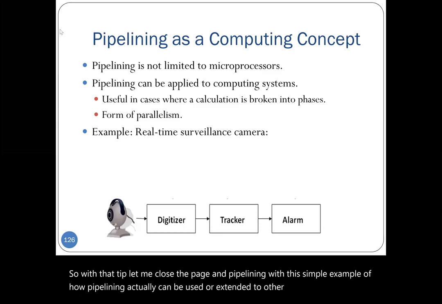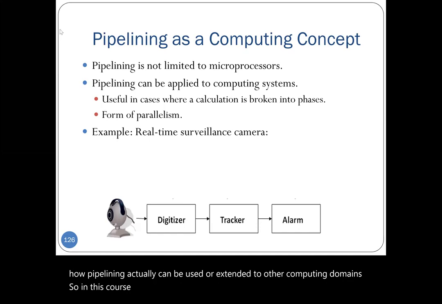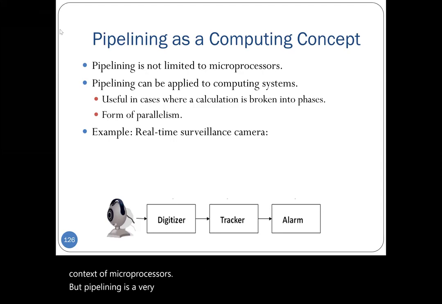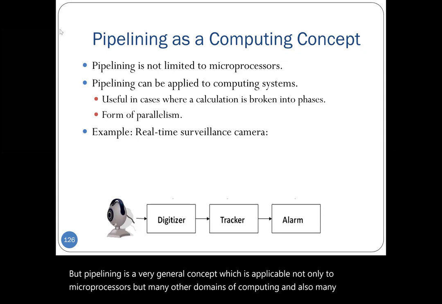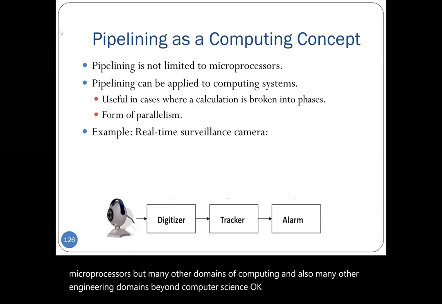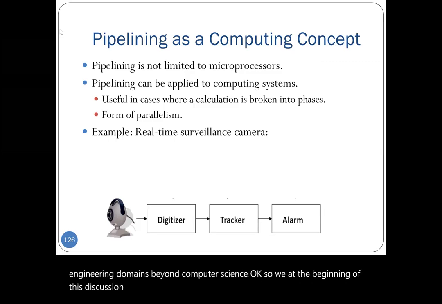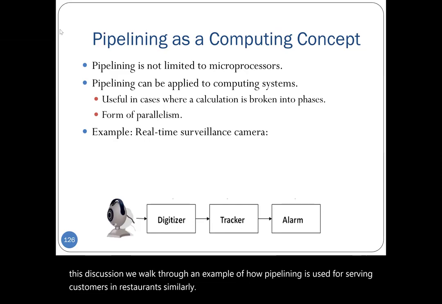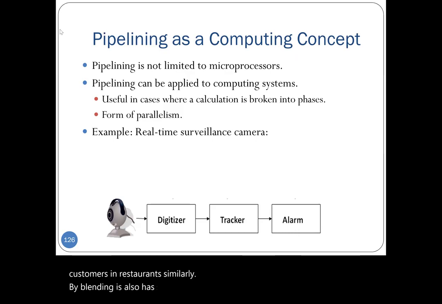So in this course we have discussed pipelining within the context of microprocessors. But pipelining is a very general concept which is applicable not only to microprocessors, but many other domains of computing and also many other engineering domains beyond computer science. At the beginning of this discussion, we walked through an example of how pipelining is used for serving customers in restaurants. Similarly, pipelining has been used for decades in assembly pipelines in many other industrial